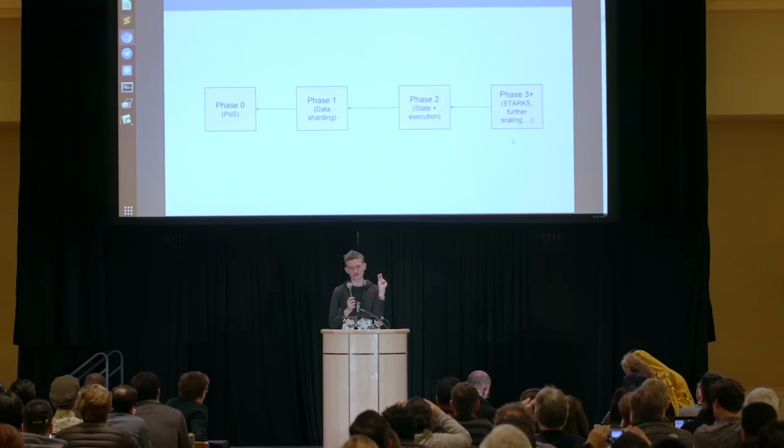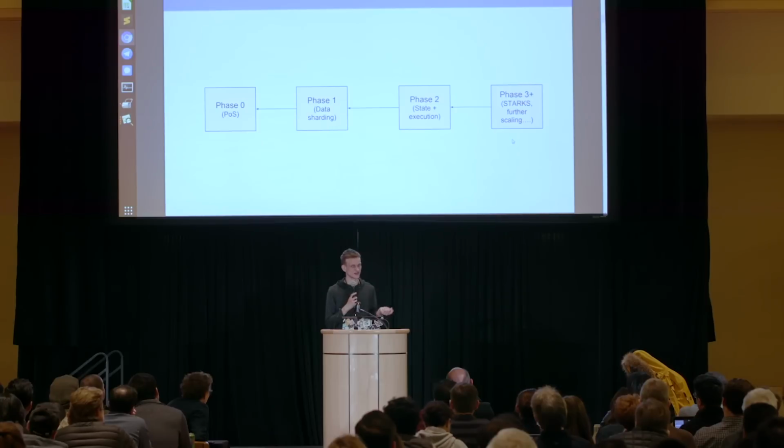Phase 1 is what's coming after phase 0, which is sharding, but specifically focusing on sharding of data availability. So sharding of a chain where you can put data on the chain, but the chain is agnostic as to what the data actually means. Phase 2, state and execution. So this basically means not just being a place to put data, but also trying to interpret the data, trying to handle Ether transactions, transactions of tokens, virtual machine execution, storage, things like storage rent, and all of these